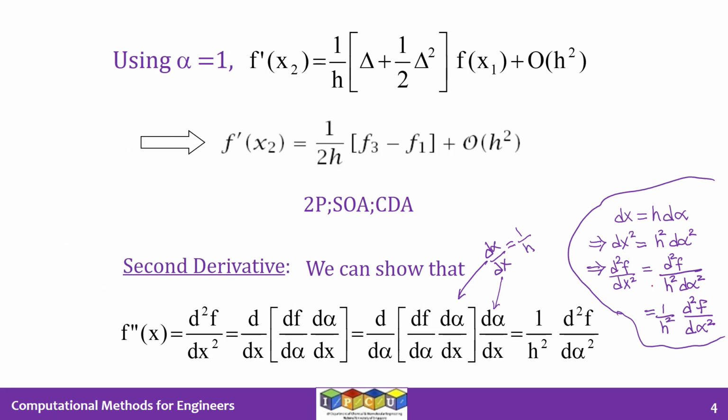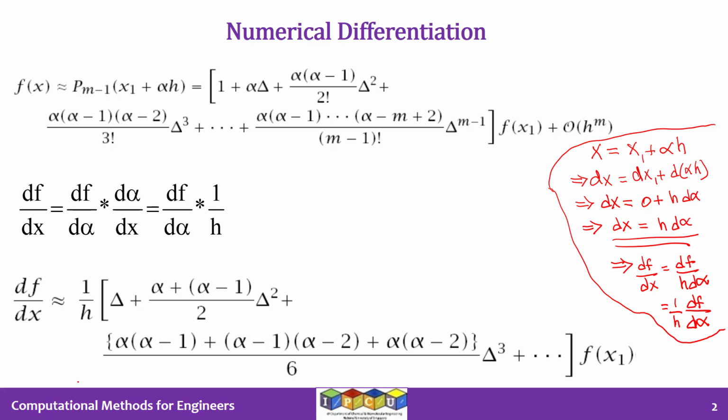Now, if you wanted the first derivative computed at x2, alpha is equal to 1. Alpha is equal to 0 is x1. So if you want x2, then you should use alpha is equal to 1. What I do is I go to this expression and put alpha is equal to 1. So when I put alpha is equal to 1 in this expression, this goes off because alpha minus 1, so 1 minus 1 is 0. This will go off, but this will contribute.